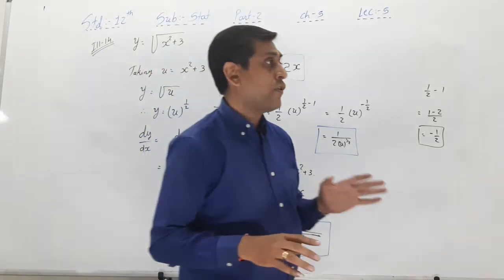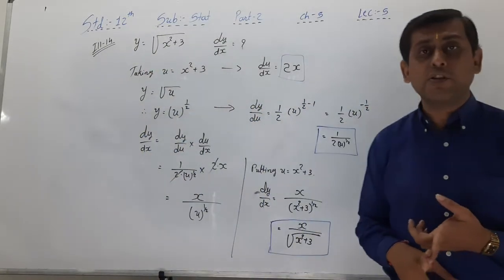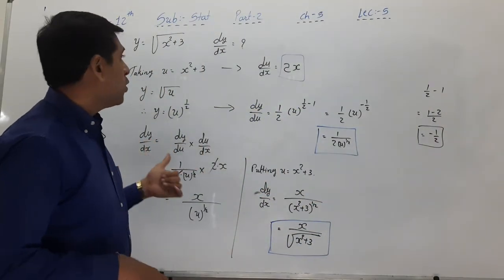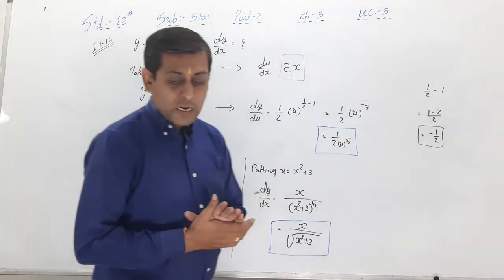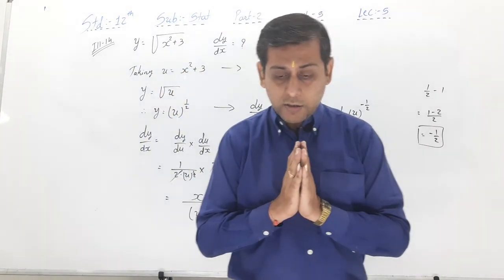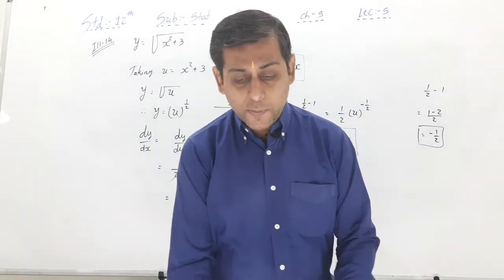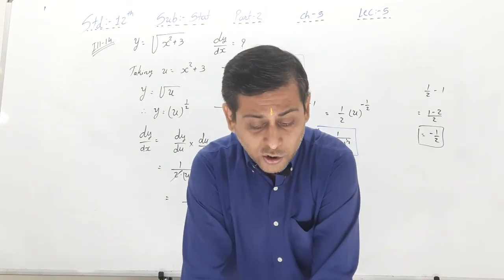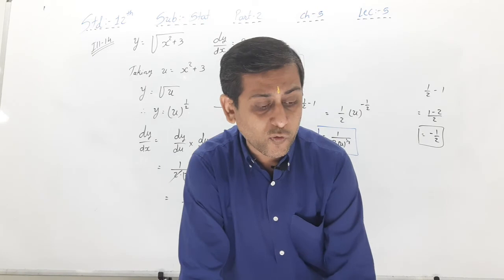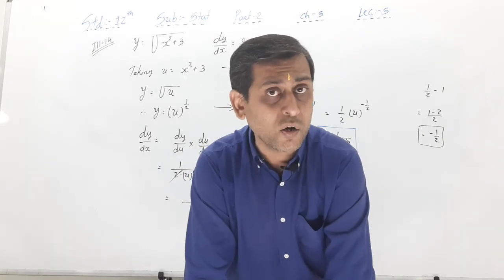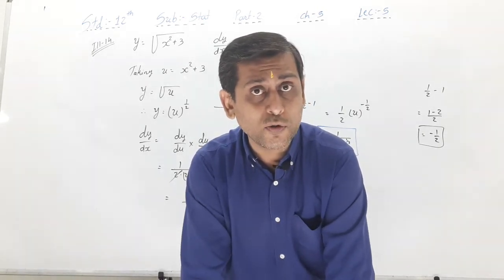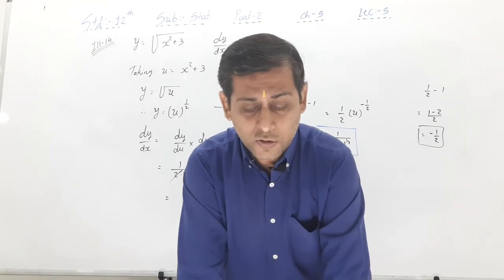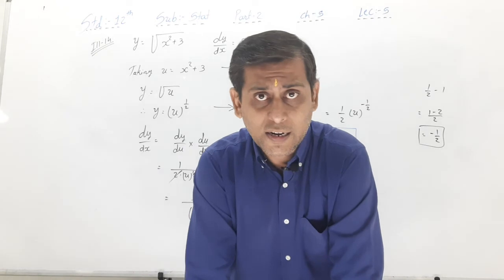So here we complete our 5 methods. First method, second, third, fourth, and the fifth one is the chain rule. So here I have completed these 5 methods, and we complete our illustration number 14. In the next illustration, different styles of questions of any of the methods will be asked. First of all, we have to simplify and then find out which method we have to use. That we will see in our next lecture.